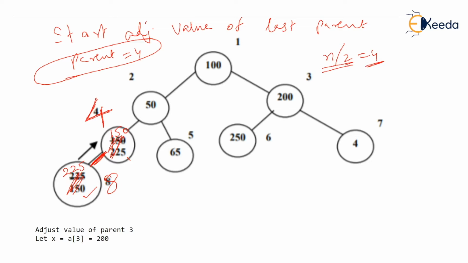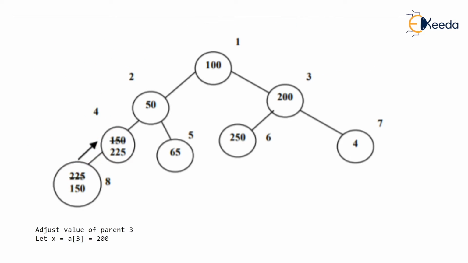And then the value of that child, 225, is compared with the value which we are settling. And we ask, is 225 greater than 150? Now 150 is stored at the fourth location right now. And we see, good Lord, this 225 is at the child and it is larger than the value of the parent. But we want the parent to be larger, isn't it? So what we do is, we shift this 225, which is larger, to the parent. So that is what has been shown here.